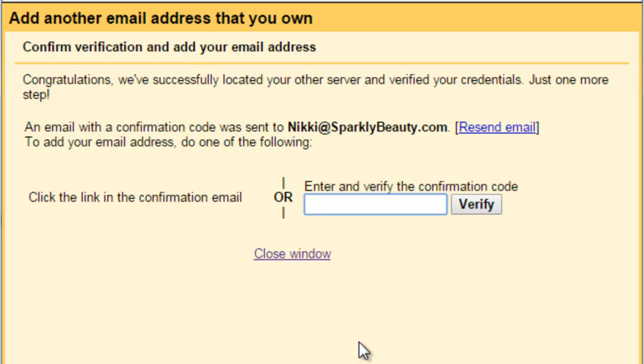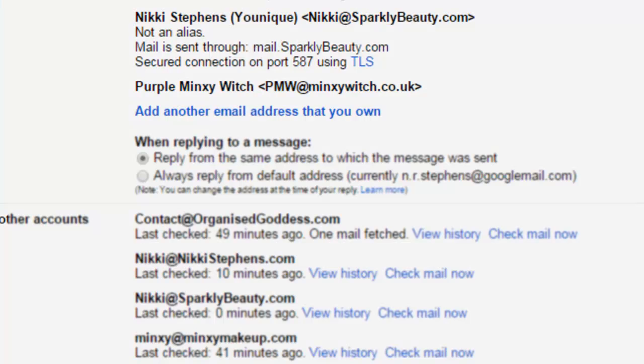So this shows that Google has now successfully spoken to HostGator, which is always a bonus. Now, this is why we did the forward, because it now says that the email with the confirmation code has been sent to Nikki@sparklybeauty.com. Normally, if we hadn't done the forward, we'd have to go back into HostGator, sign into that, go to email, find the email account we wanted, go in and open it, and we haven't got time for that. So, in principle, in my inbox now,